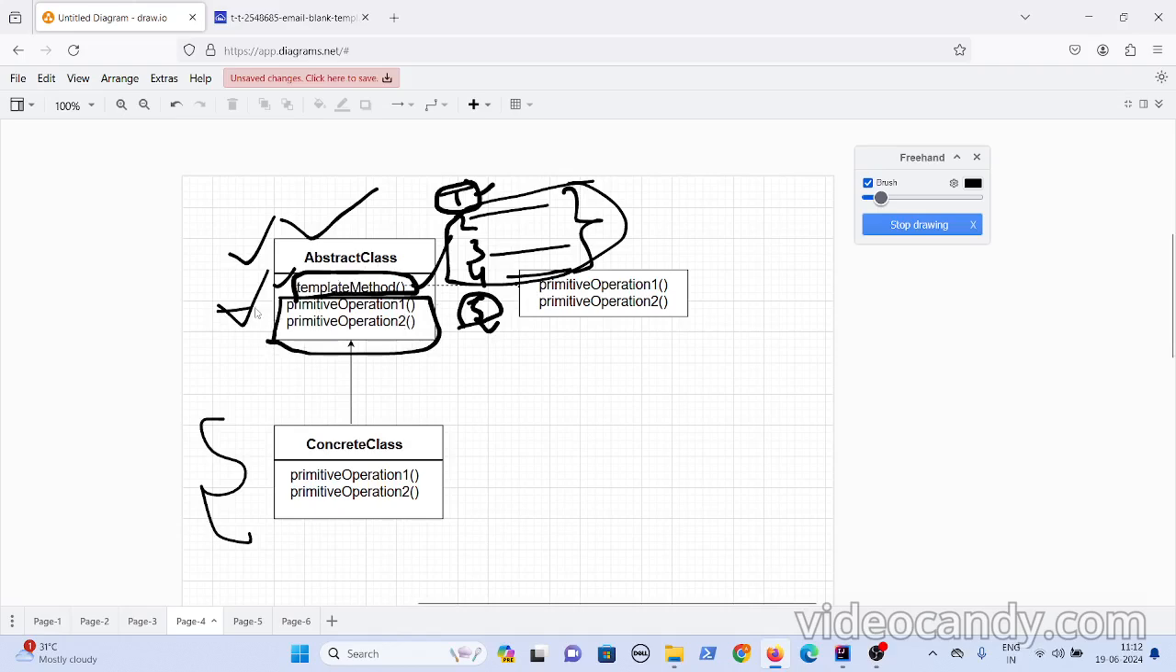So all those are called primitive methods. Now what your concrete class is doing is, for the first method and the second method, whatever methods are declared abstract in the abstract class, it provides the implementation. So if you take a template method, what it has is one abstract class and